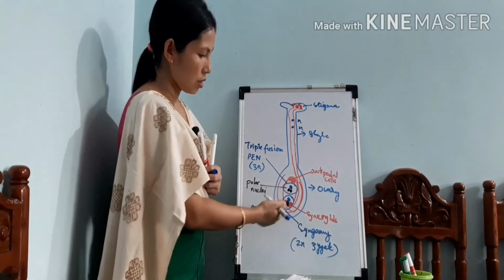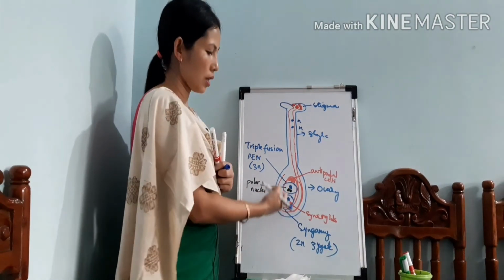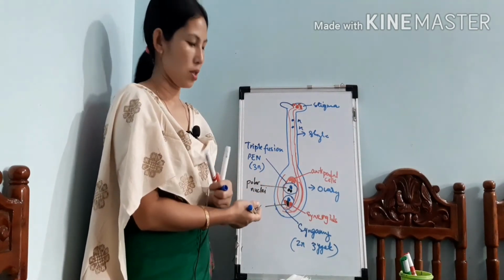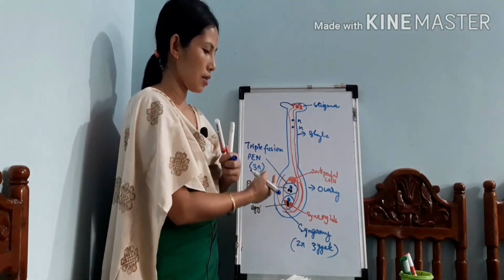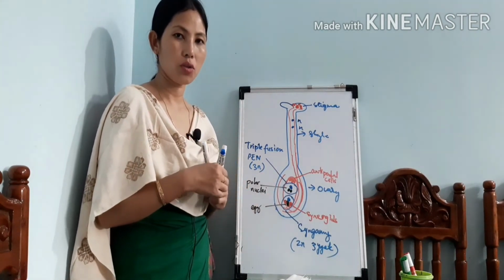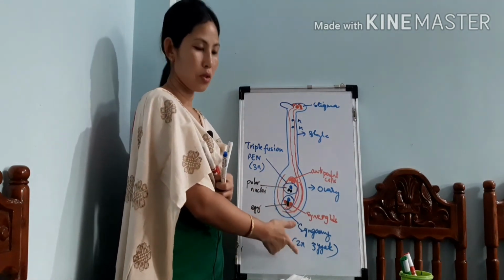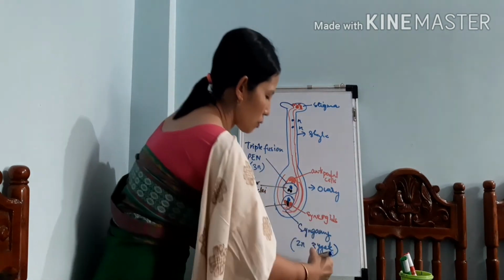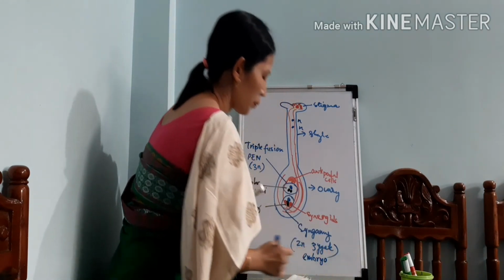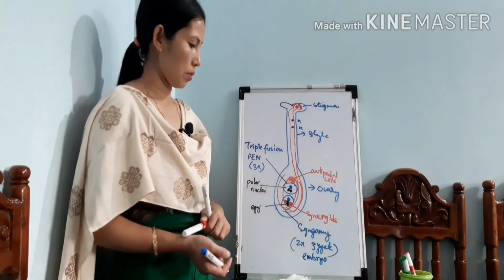Now here, as you can see, the fertilization occurs twice. So this characteristic feature of an angiospermic plant is unique to itself, and this is why it is known as double fertilization, as fertilization occurs twice. Here, the first fertilization will lead to the formation of a zygote, and this zygote will later develop into an embryo, and this embryo, upon the germination of seed, will become the future plant.